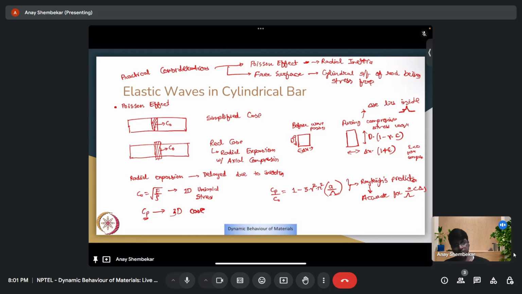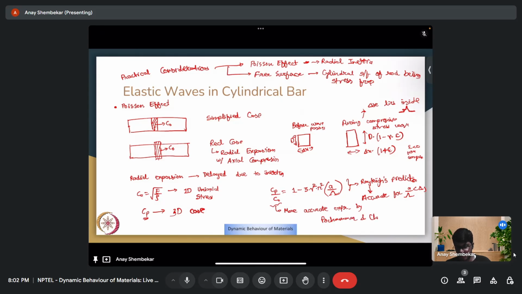A more accurate prediction for Cp by C0 is given using a more accurate expression by Pochhammer